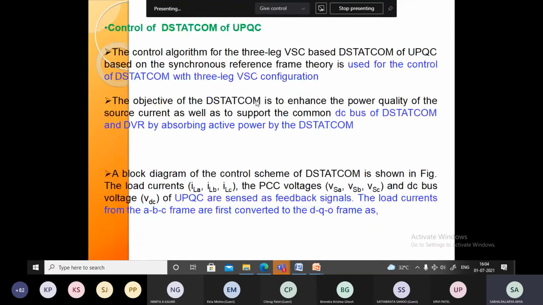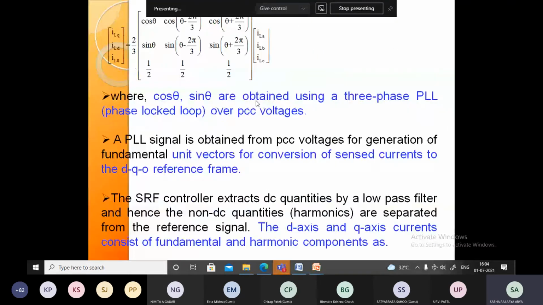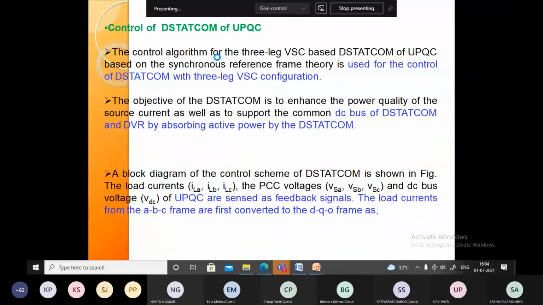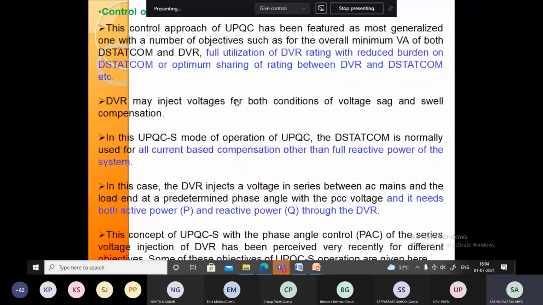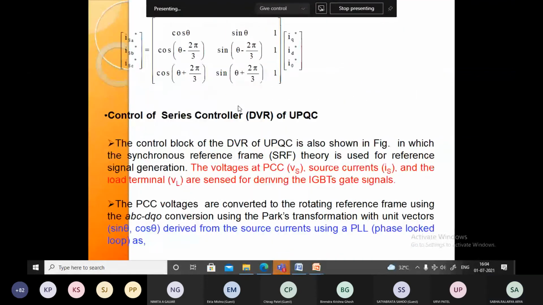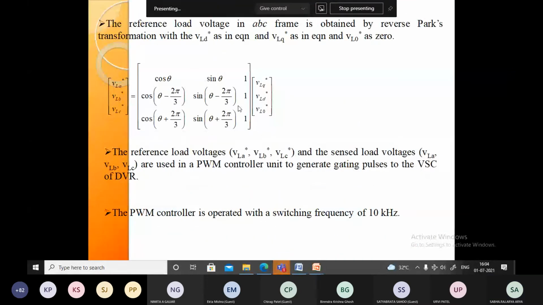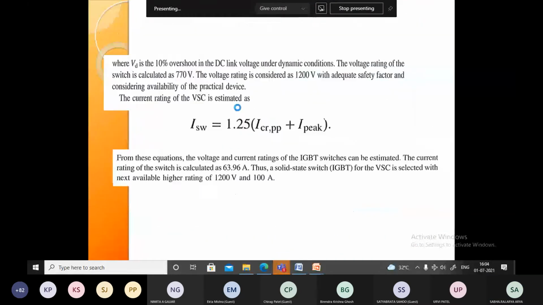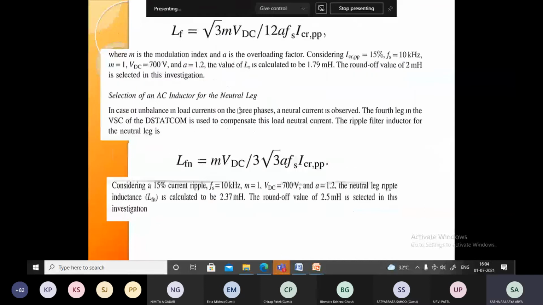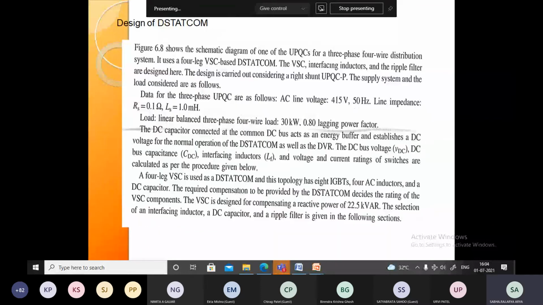Then whatever things there are, this one you can already see in the paper; we have given these things in some paper also. Okay. Then you can see the design also, how we can do the circuit here. First I will tell some points. First you can select the design of the DC STATCOM. What we have seen: DC link voltage, inductor, capacitor, those things.